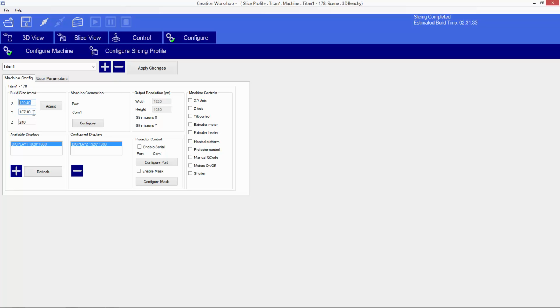And the way I recommend measuring these is the Z is always 240 because that's the height of the Z stage. I think we can go higher than this, but I like 240. It's nice and safe. It keeps me a little bit away from the top edge. And then the X and Y, I recommend now measuring this off the calibration grid, which means project the calibration grid into the vat and put a piece of paper into the vat, and then use a pencil, mark off the boundaries of that calibration grid, and then measure those with calipers or the ruler